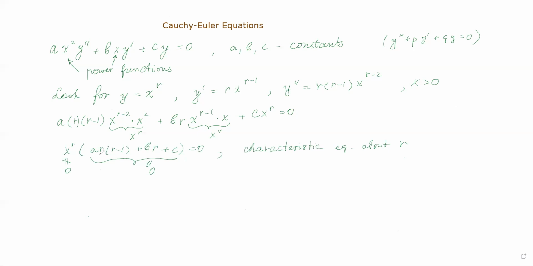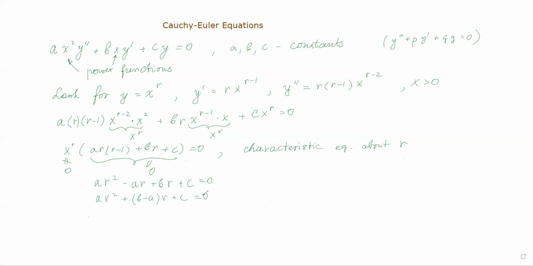Because it's a quadratic equation, because the greatest power of r is square, right? We are going to get it from this term and from this term, multiplied. That's going to give us, well, I'm probably going to write it down so you can see it's a quadratic equation. That's r squared minus ar plus br plus c equals 0. If we combine these two terms together, we can have a r squared plus b minus a r plus c. You see, obviously, quadratic equation.